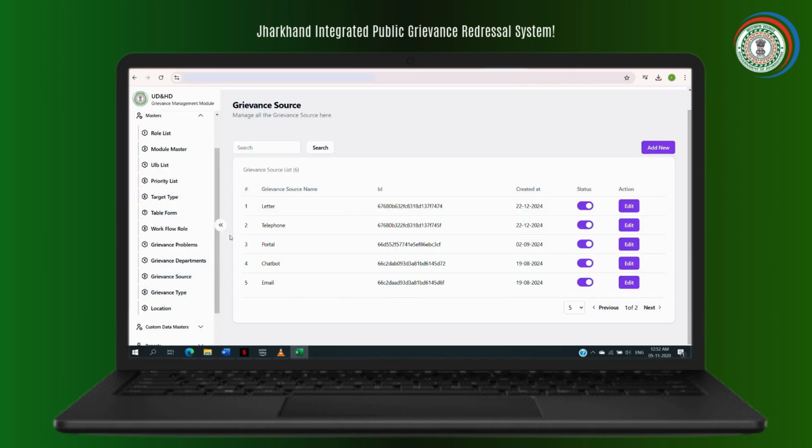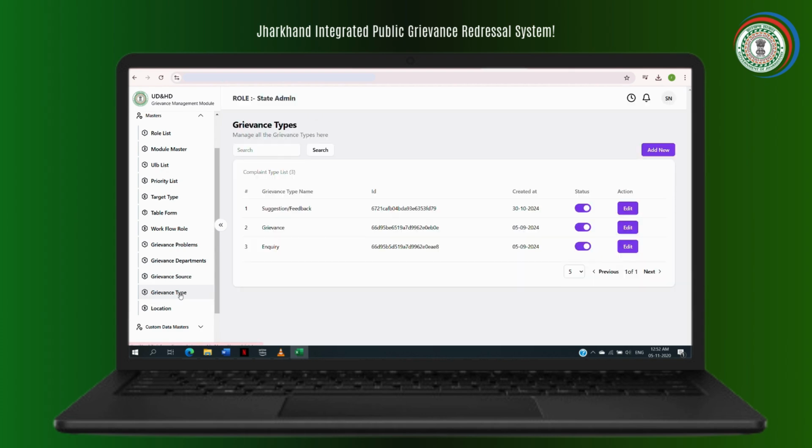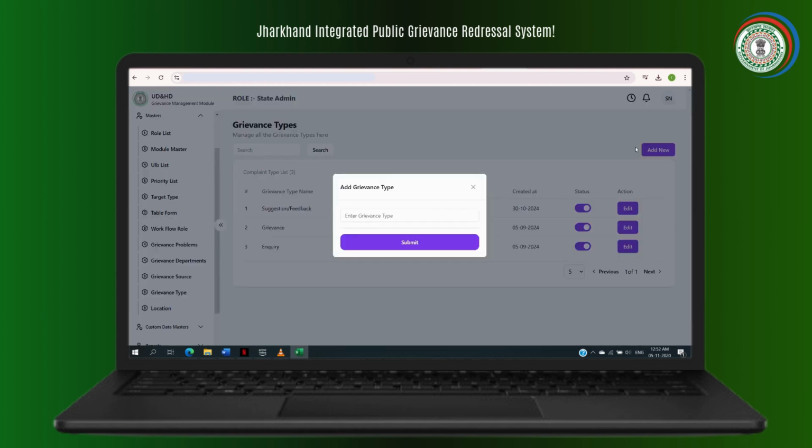To manage all grievance types, select the grievance type option. The list of grievance types will be displayed along with the following details: grievance type ID, created date, status. Edit option allows users to modify existing grievance types. To add a new grievance type to the available list, the user can select the corresponding option and proceed with